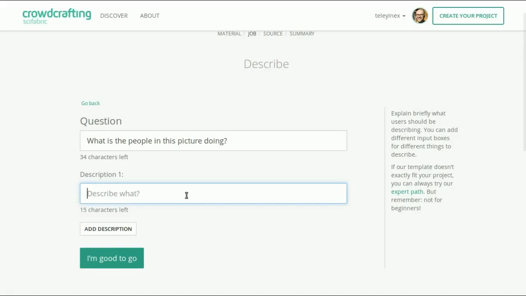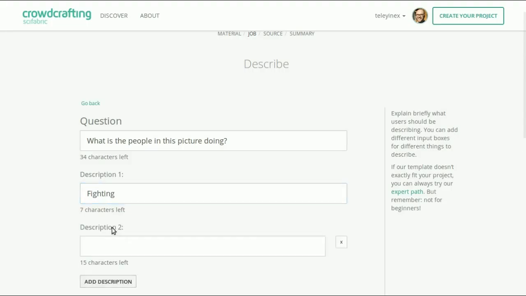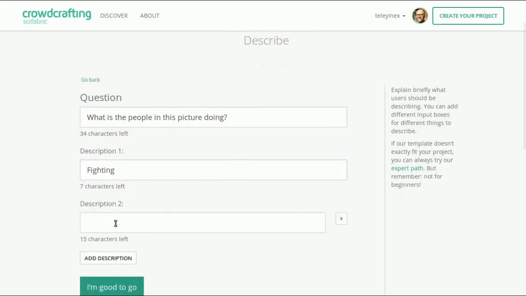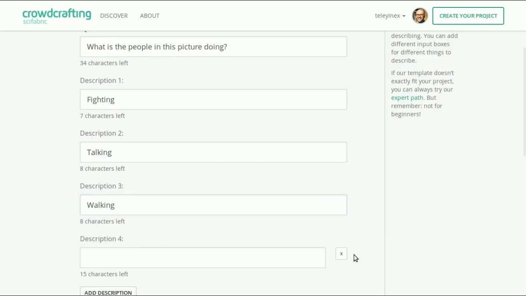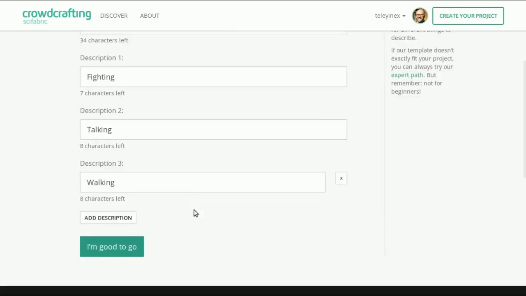Is the people fighting, for example? This could be the description: fighting, they could be talking. These are the titles that the people will be describing in each of them. Fighting, talking, I don't know, walking, something like that. So in this case, as you can see, you can add as many as you want. You can even delete them. Once you are happy, you will click in I'm good to go, and the wizard will be asking you from